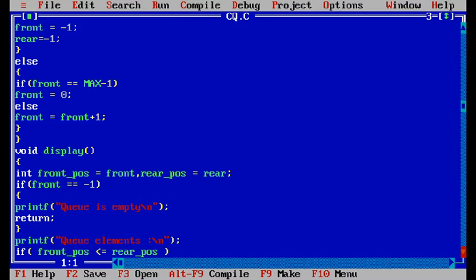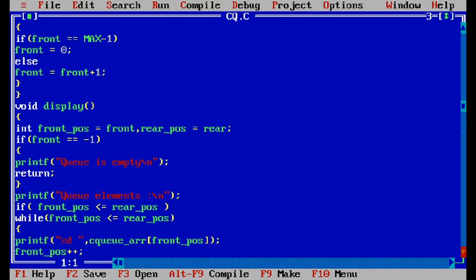Then next one is the display function. This display function is common to all the data structures. That means in the stack, in the queue, linked list, and also the circular queue, we display the elements with the help of this display function.